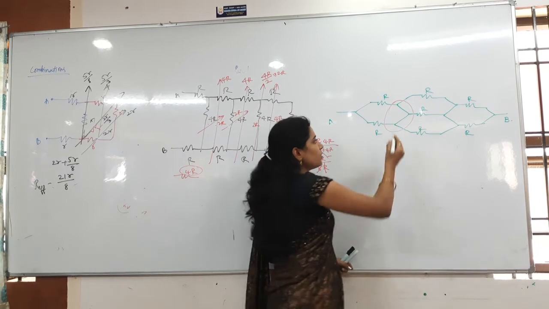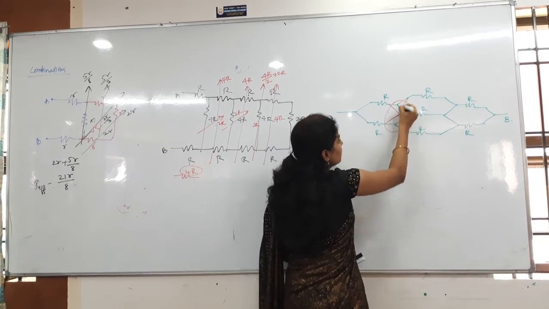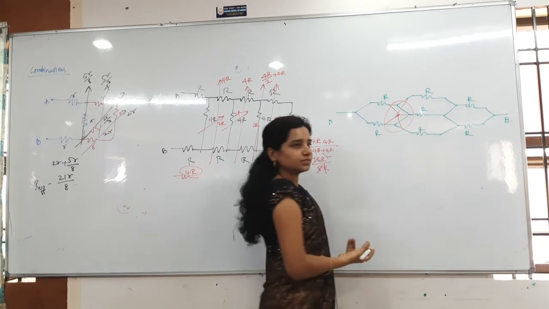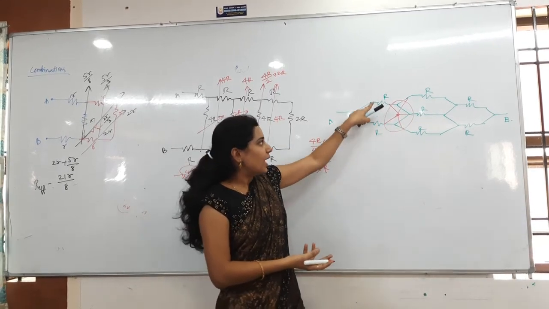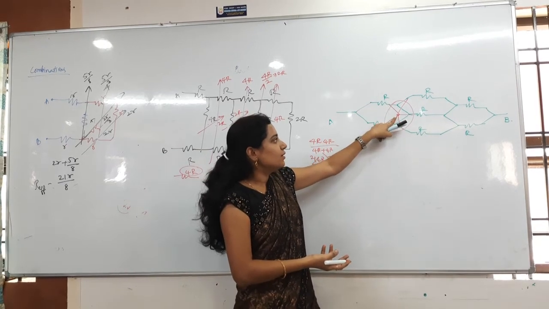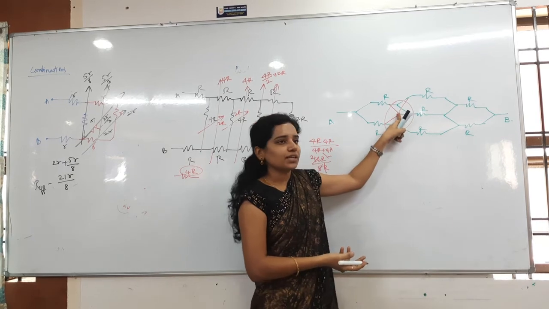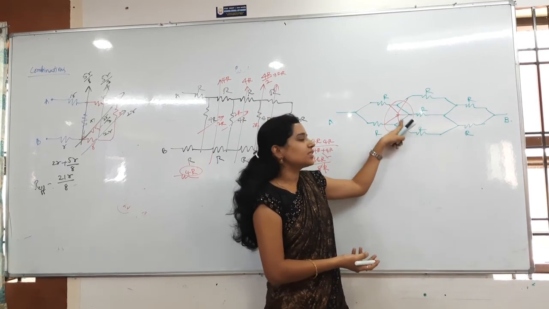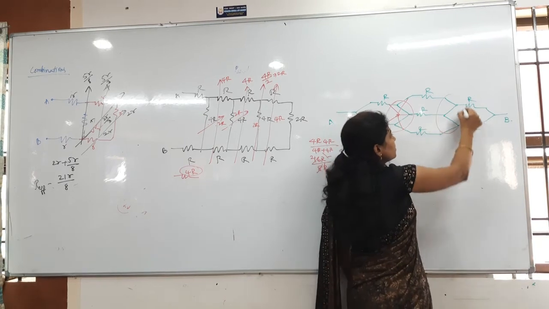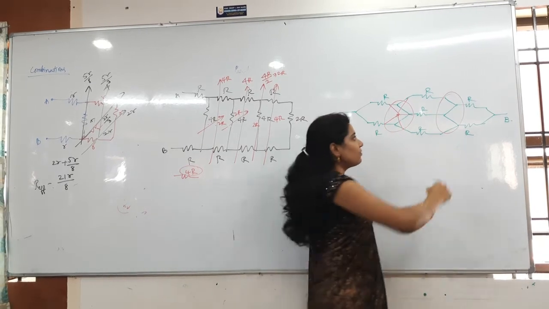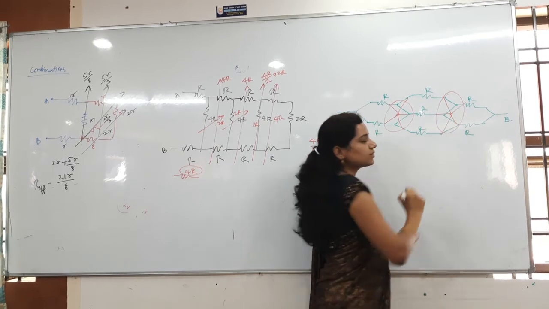But whenever you draw it as a single point, this one is connected, this one is connected, this one is connected. That's it, right? Everything is the same. Is there any change? Nothing. First resistor second end, second resistor second end, third resistor first end, fourth resistor first end, fifth resistor first end. And when you come to this other point, the same thing is happening. Everything is connected at one point only.